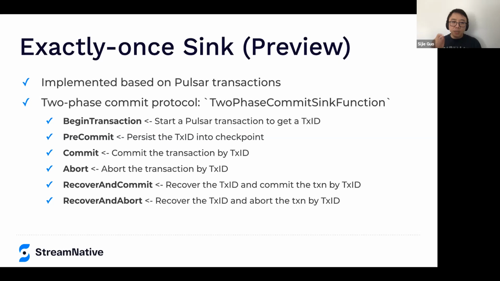In the beginning phase, we just need to start a transaction and get a transaction ID. In the pre-commit stage, we just need to persist the transaction as part of a Flink checkpoint. And then commit and abort become very easy, just commit transaction and abort transaction. And recover and commit and recover and abort also become really easy. You just need to read the transaction from a checkpoint and then do the commit or abort based on the transaction